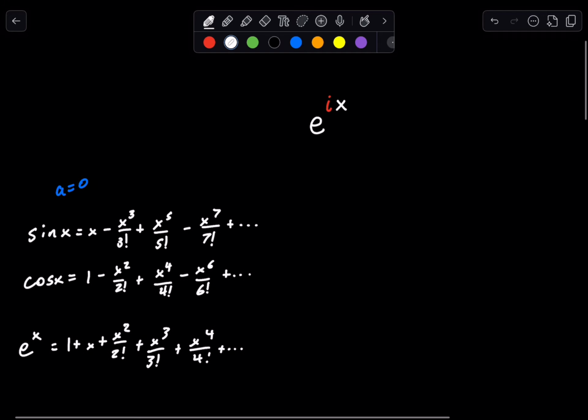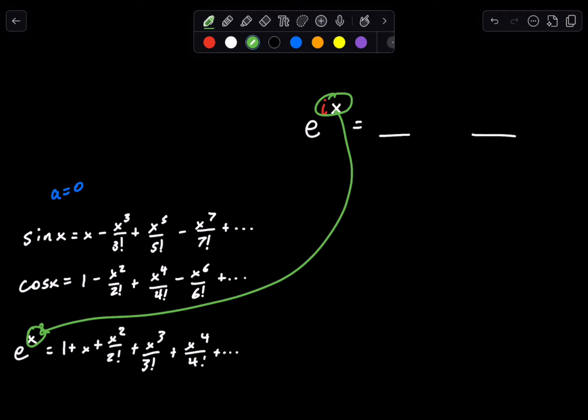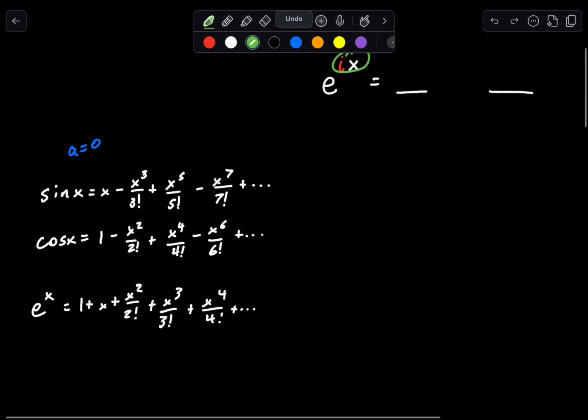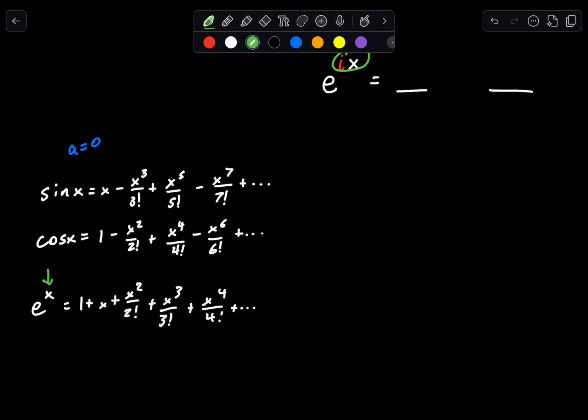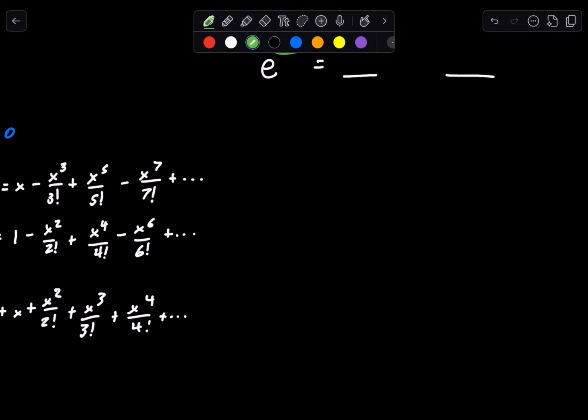Now, all I'm going to do to prove what e to the ix is equal to is just plug in ix for x in e to the x. So what do I mean by that? In this Taylor expansion or Maclaurin expansion for e to the x, I'm just going to plug in ix for every x I see because that's valid. Because I can just say that x is equal to some function of i or has some i involved. But let's do that. We have e to the ix